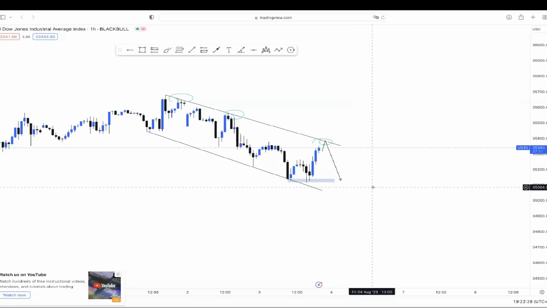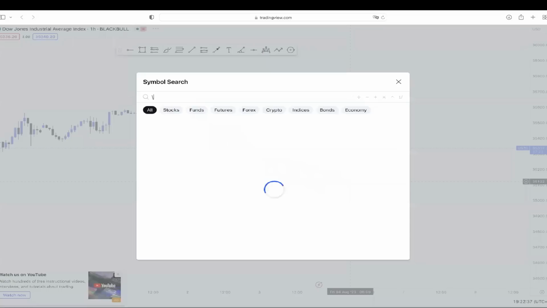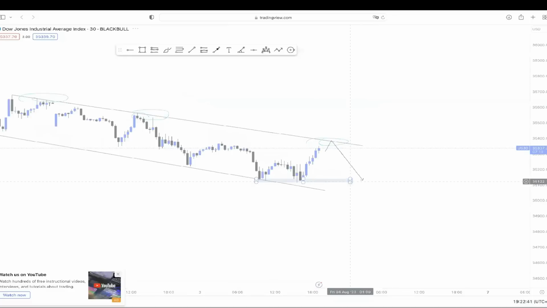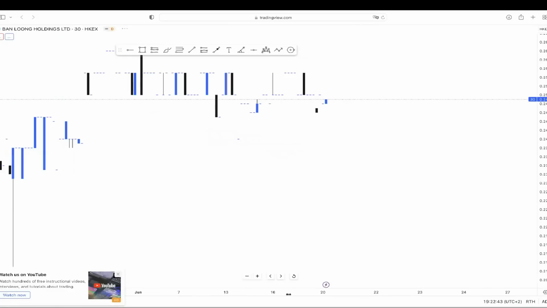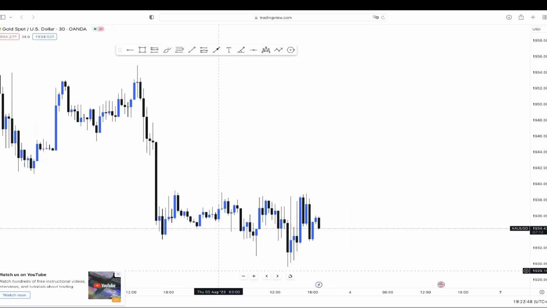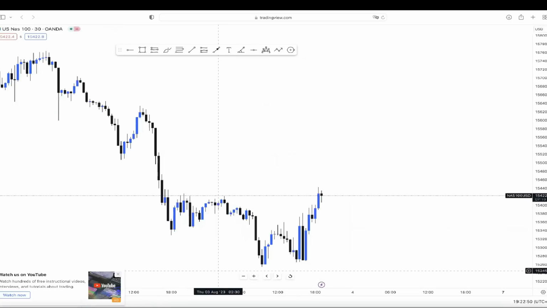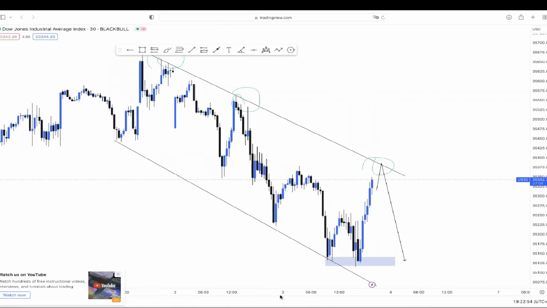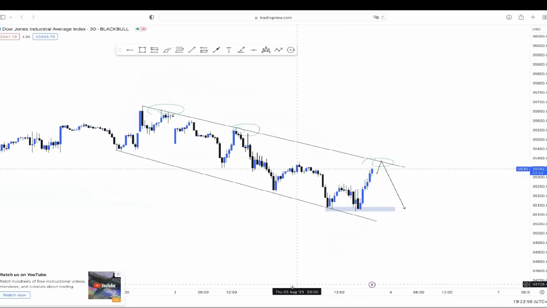So I'm just gonna show you something here. From this point, people believe it's gonna turn. A lot of people believe this thing is gonna turn. So now let's go to our M30. Let's go to our M30. This is our M30. What did I do here? This is our M30. And here we have something like